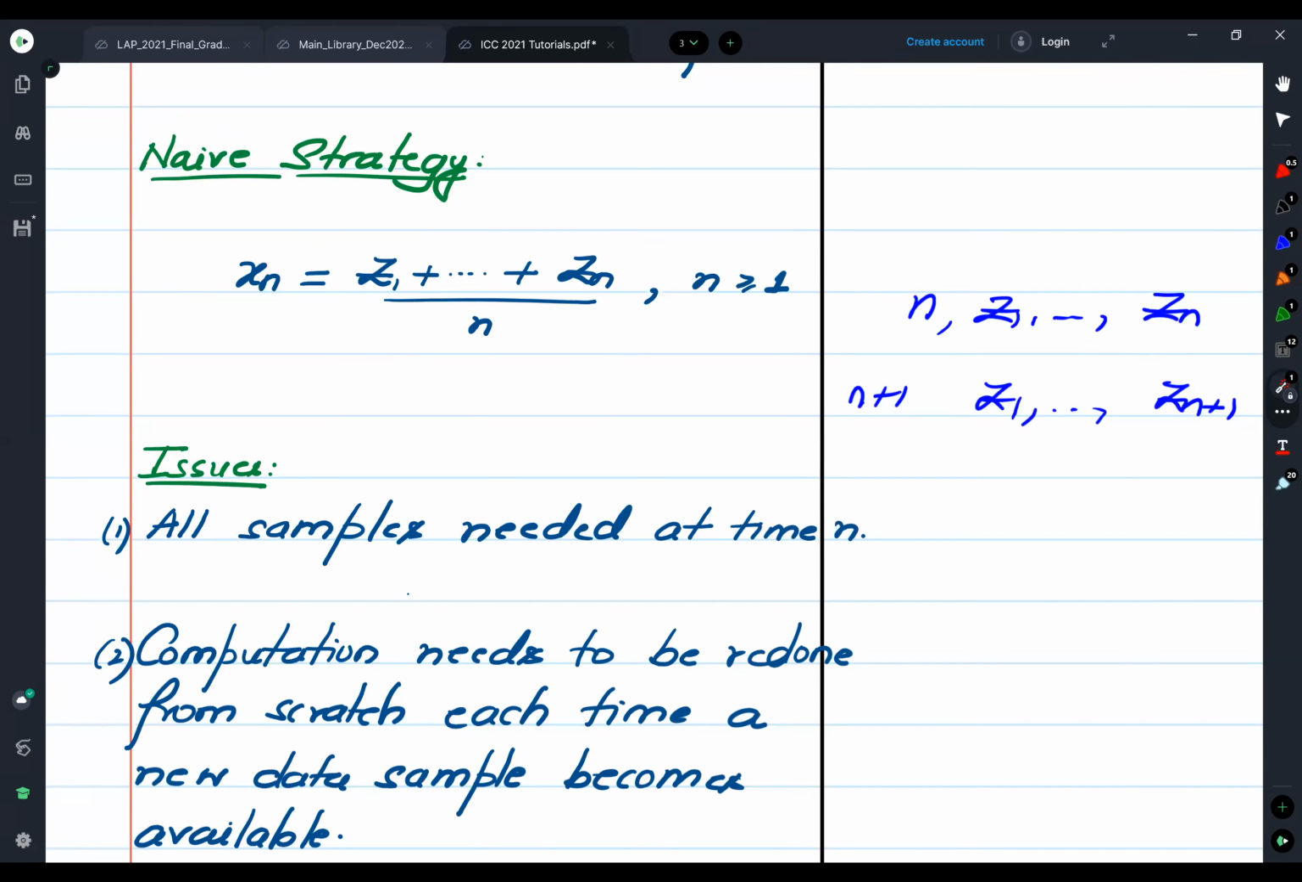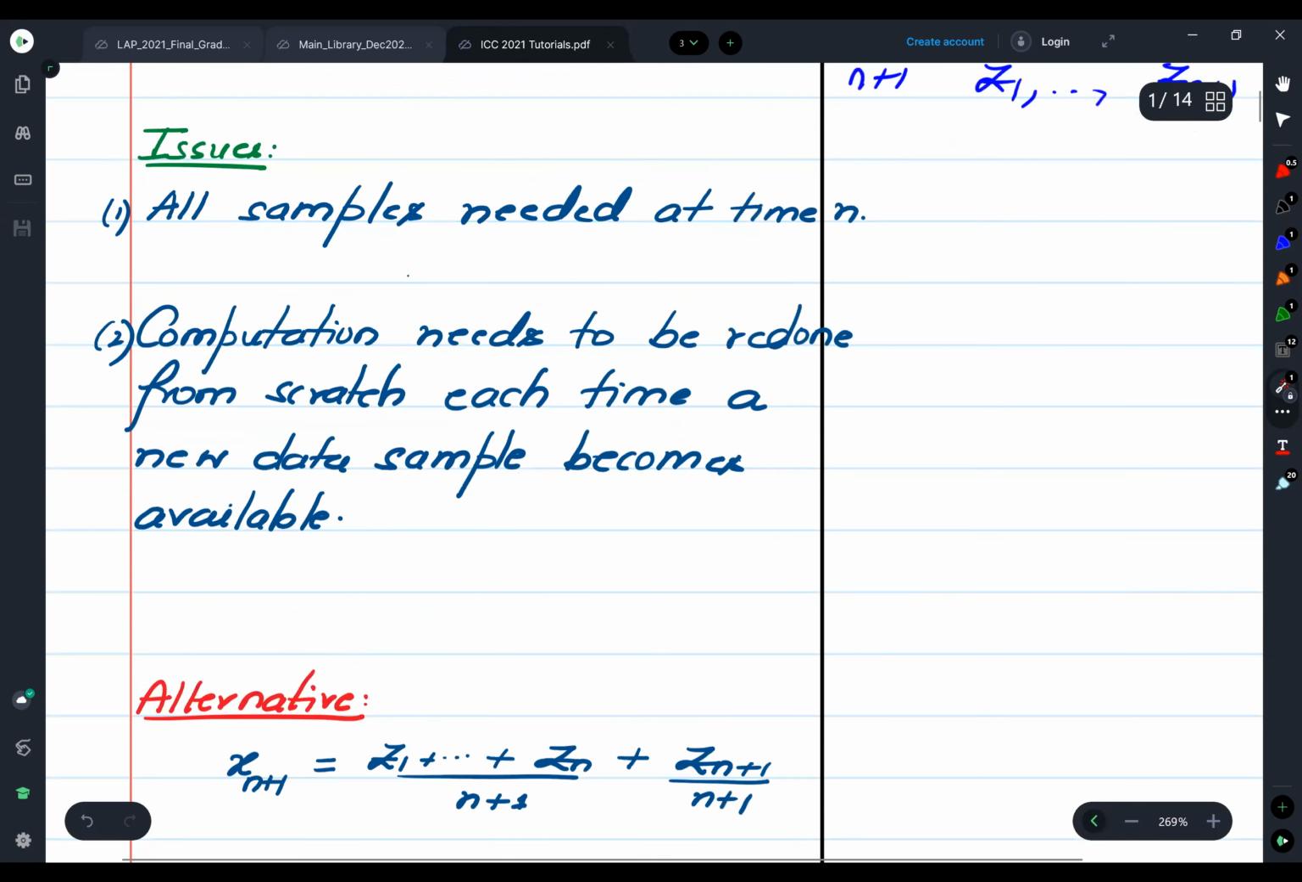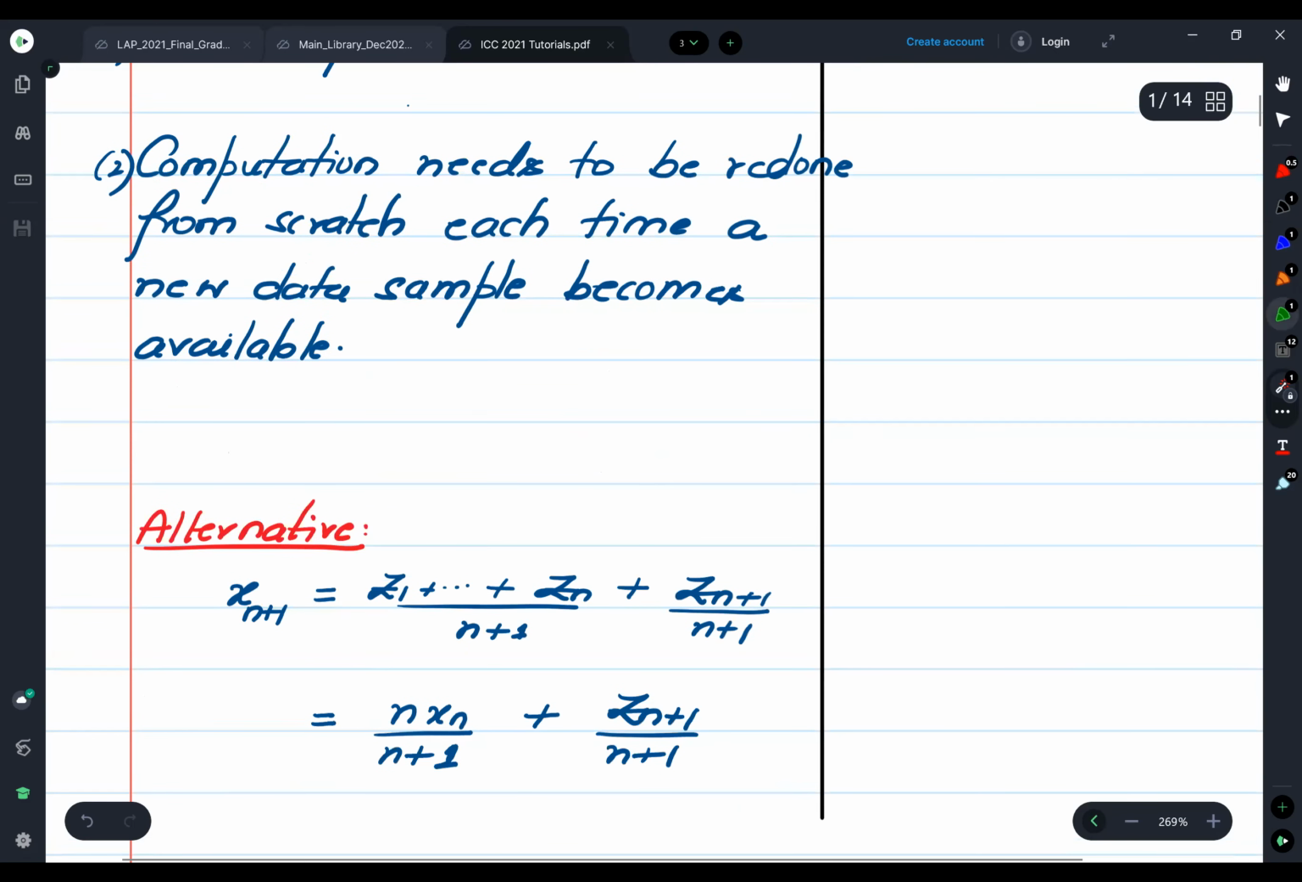I'm sure most of you must be wondering, what is this? Of course, there is an easy way to go about dealing with this. So what is the alternative? The alternative to deal with these issues. The first thing we observe is that since xn plus 1 is